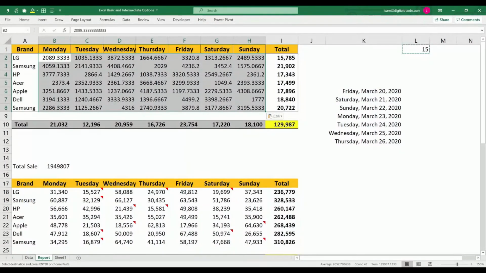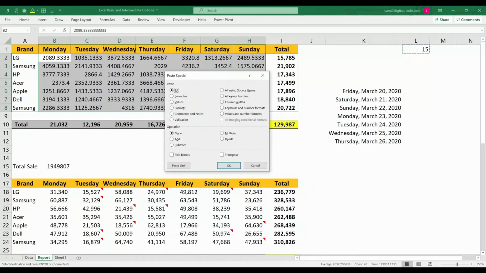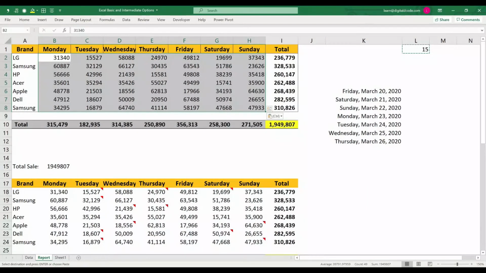Now if you see, all these values have been divided by 15. Now I want to multiply all these values by 15. Control C, select all the cells, multiply. Now if you see, it came back to the original.